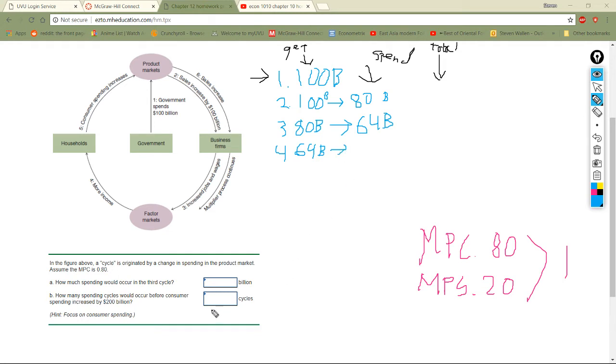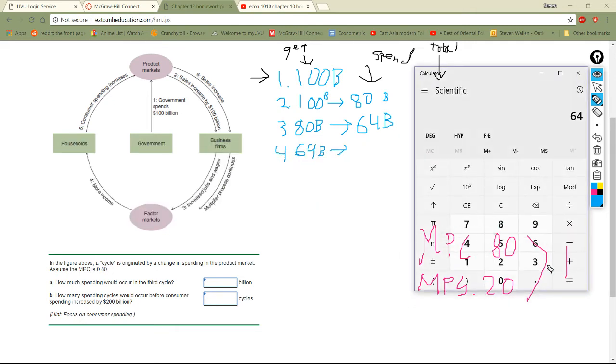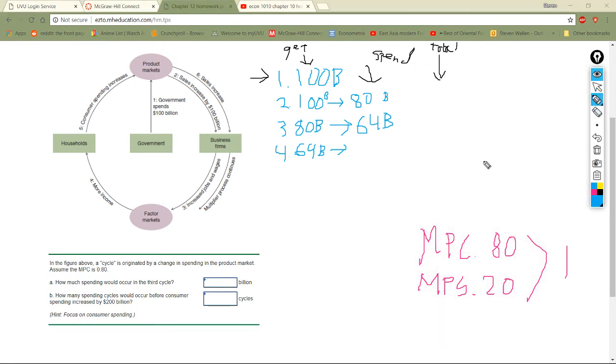Actually, we might have to do a total. Let me see about this one. Oh yeah, this one I think we do have to do a total, yeah. Alright. 64 billion. And how much do we spend of 64? Well, we go over here. Press equals one more time. It'd be 51.2. 51.2 billion. In our fifth cycle,